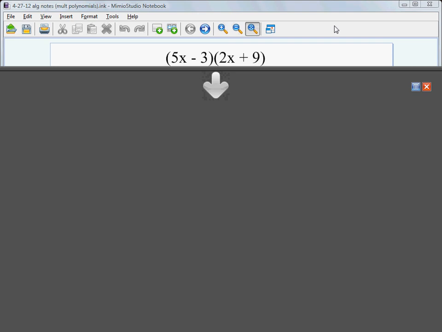Okay, in this lesson we're going to talk about how to multiply polynomials, and we're going to do this problem here, which is 5x minus 3 multiplied by the quantity of 2x plus 9. So I have a binomial times a binomial. I'm going to work through this 4 different ways, and we're going to start off by just modeling the area